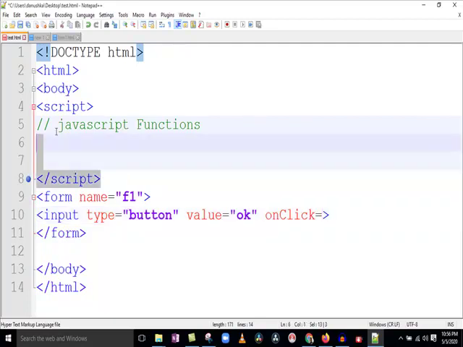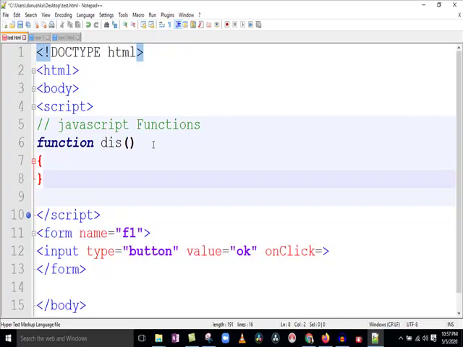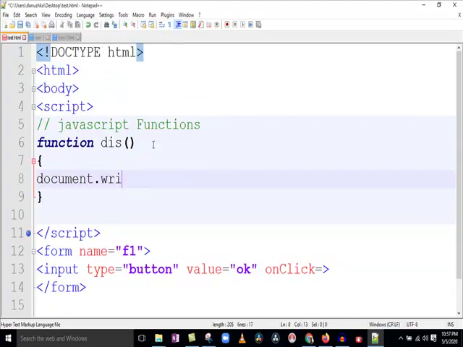Before that, in the script tag, I need to write a function. I will be writing a function, say function, give it a name, and open and close brackets on the function, and I will say document.write, you have clicked. So then what happened,